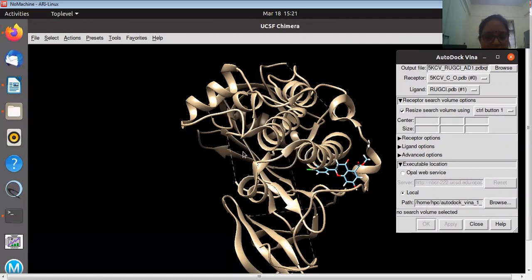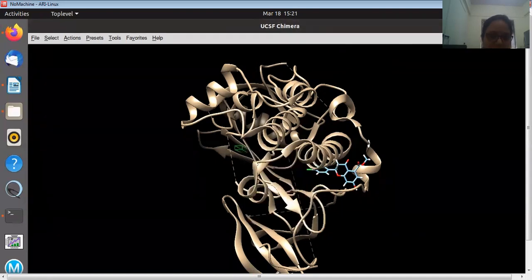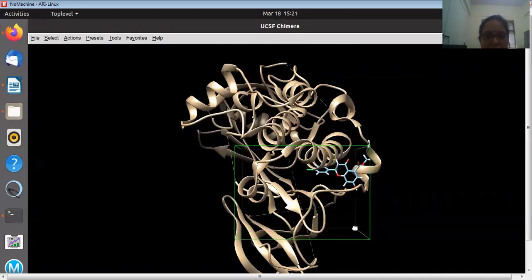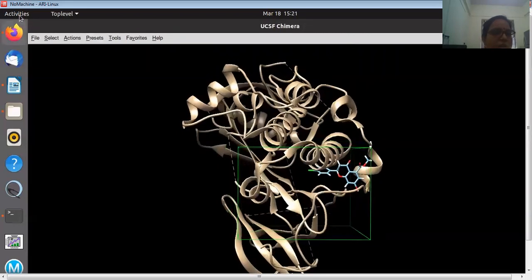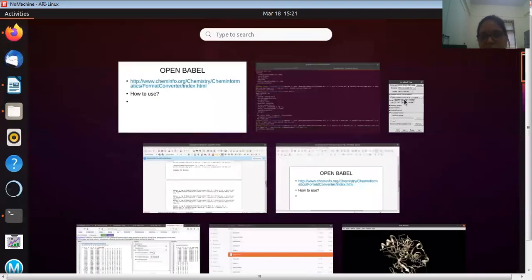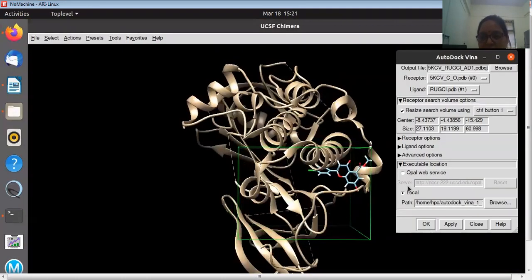Okay, so I will just make the grid. Yeah, you see that green box, it is basically making the grid, or it is telling how, where you have to dock. So I will just do it, and after that, because this window has gone at the back side, I will bring it into the front, and I will just simply give the command.